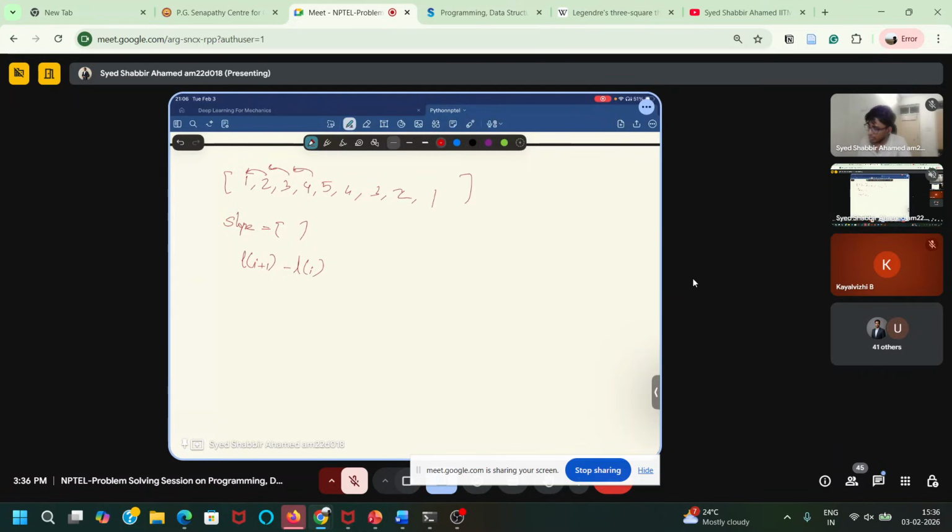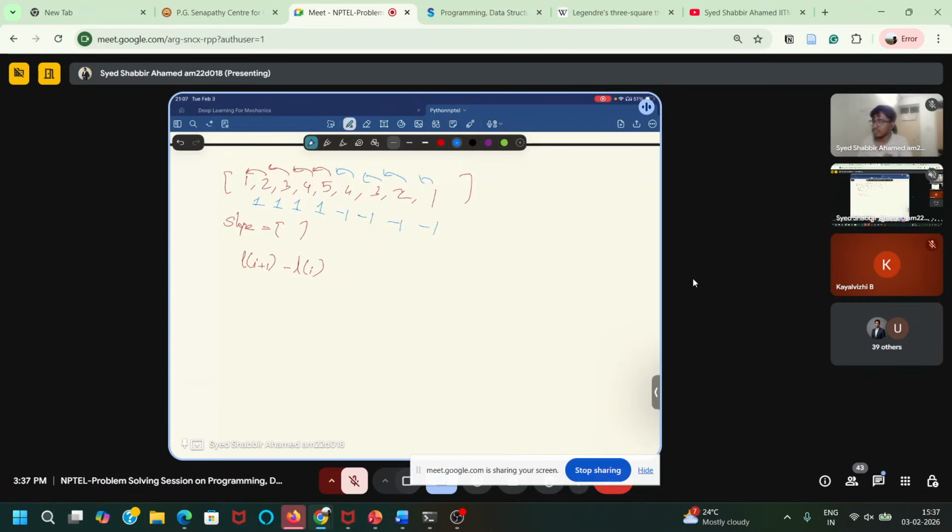You will get the slopes. From here you can see the differences: 2 minus 1 is 1, 3 minus 2 is 1, 4 minus 3 is 1, and 5 minus 4 is 1. And here it goes to minus 1, minus 1, minus 1, and minus 1. So like this you can get the slopes.